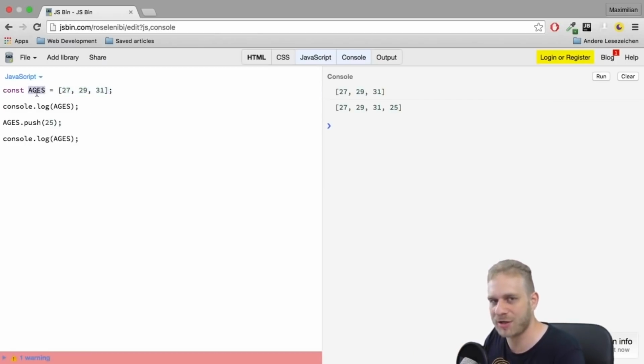Therefore, we don't change the constant, we're not changing the pointer, we're not pointing to a new object. We're only changing the values to which the pointer points. But that is totally valid. We're not hurting our constant here because, again, the constant value, the pointer, isn't changed, only the value in the background. That's why we are able to manipulate this array, and for the same reason, we would also be able to